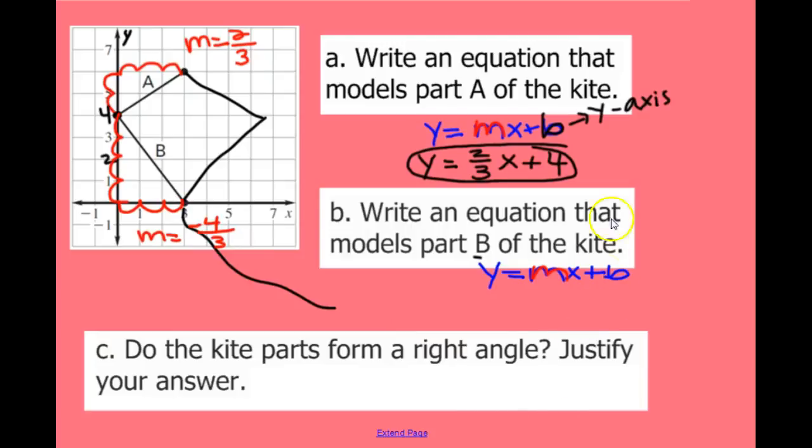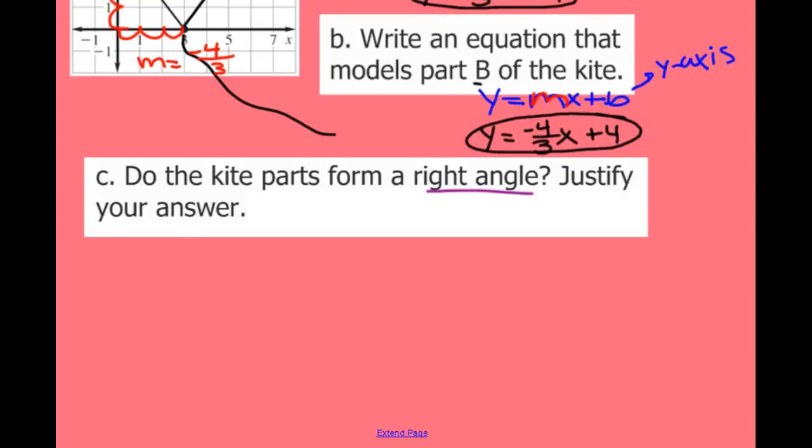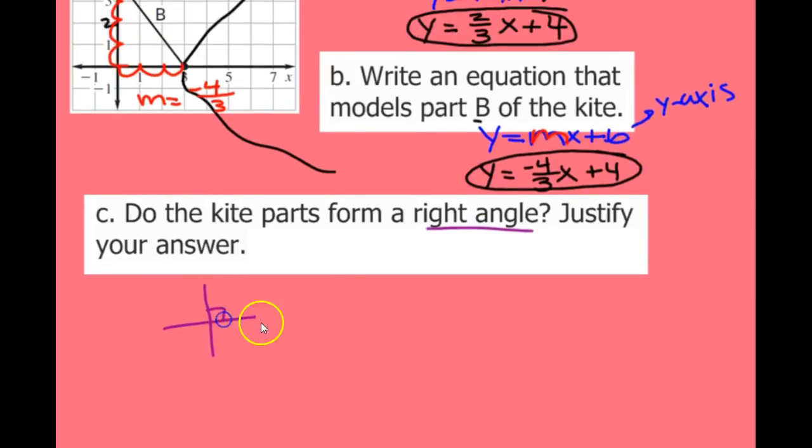And then our b, where we're crossing the y-axis, our y-intercept, is right here. It also is at 4. So our equation here is y equals -4/3 x plus 4. So looking at these two equations, do the kite parts form a right angle? Well, what do we know about right angles? Right angles are 90-degree angles. We also call those